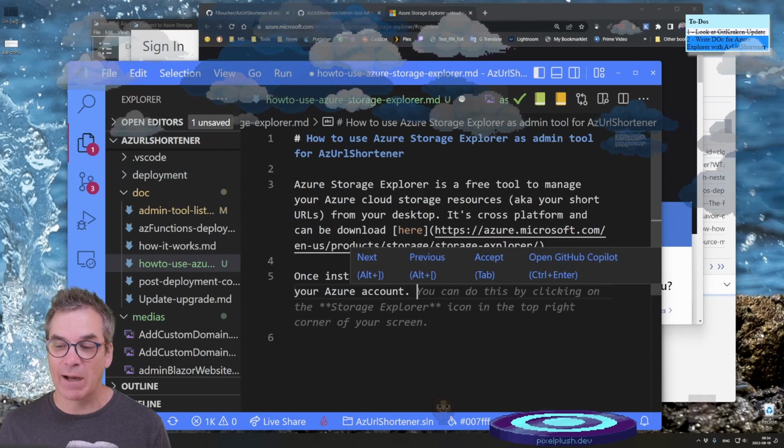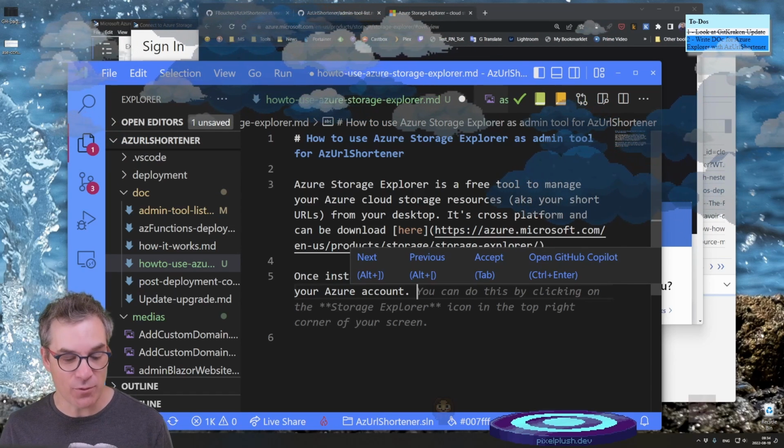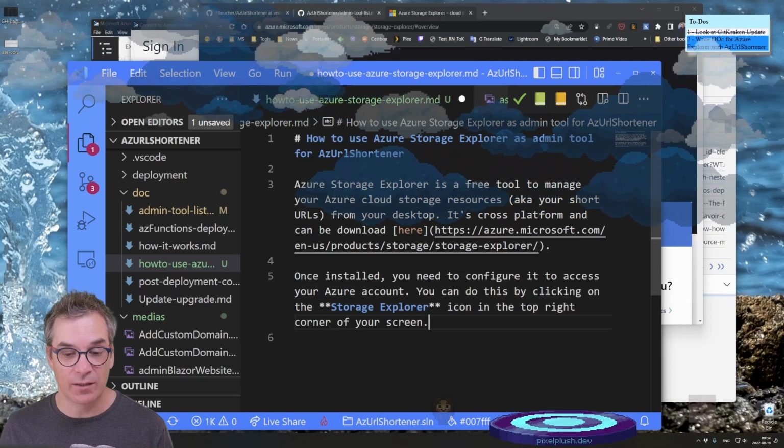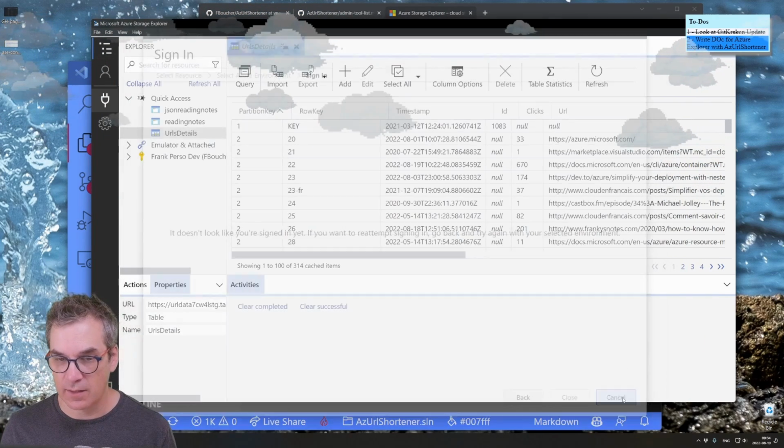You can do this by clicking on the Storage Explorer icon in the top right corner of your screen. It's mostly this. You can do this by clicking on the